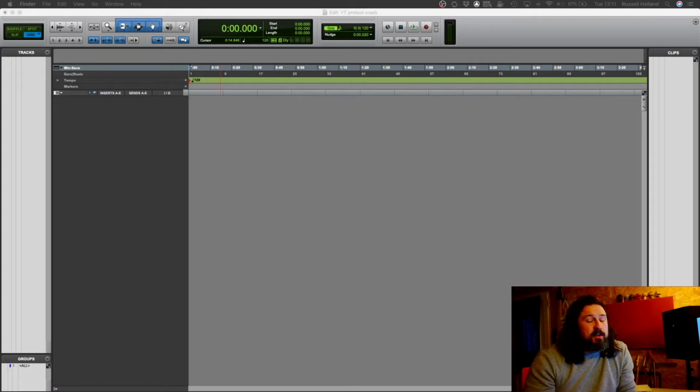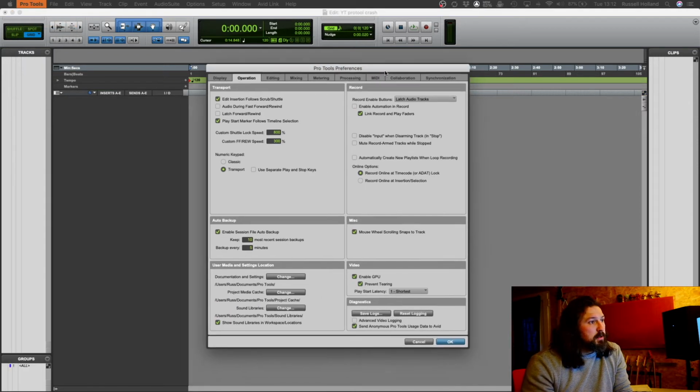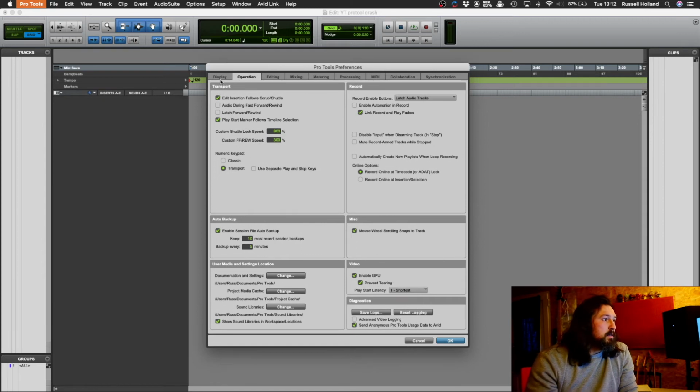So today we're going to have a look at recovering a Pro Tools file. Pro Tools crashes more often than I would like, but there are some quick settings to make sure that you can get back to what you want to do. So I've got a new session in front of us, and if we go to Preferences, you can see it's come up on the other window. I usually work in Operation, you'll see around here